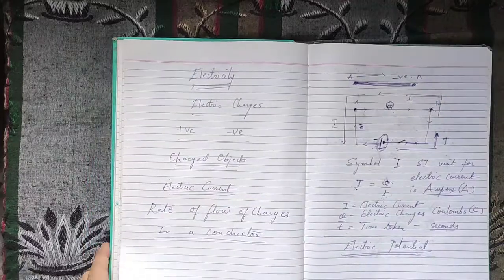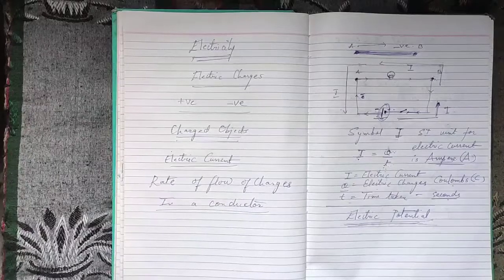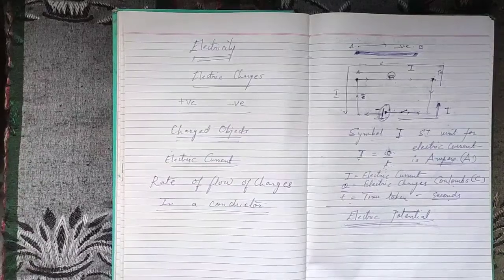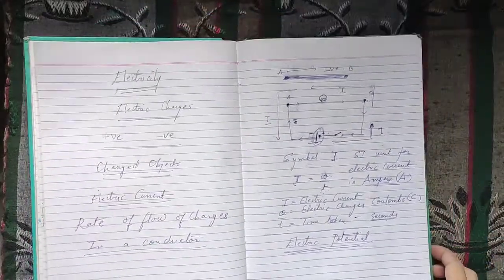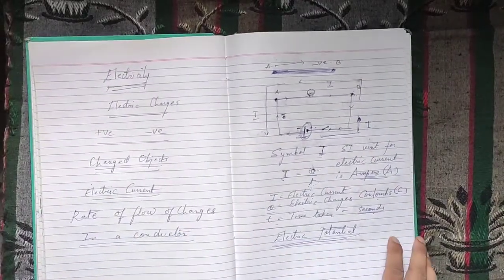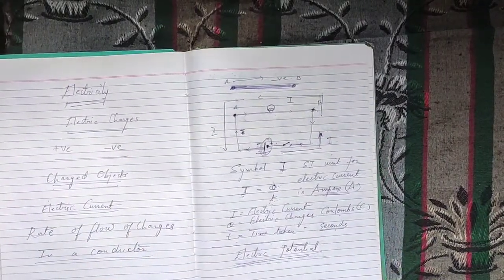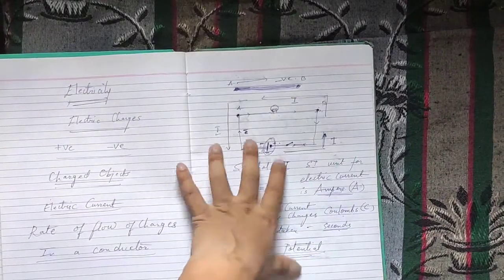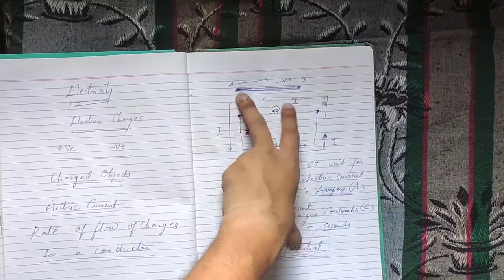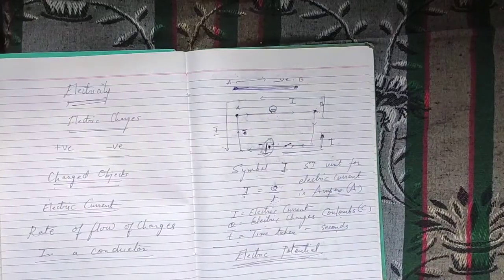And we talked about electric current. What is electric current? So these charges, when they flow in a conductor, it creates electric current. We studied about this in standard 8 in the previous classes, and now we are recalling all the topics that we studied. So when the charges flow in a conductor for a certain amount of time, it is known as electric current, or the rate of flow of charges in a conductor is called electric current. If a conductor, let's say a metal rod, we give the two ends A and B, and the charges move in this direction, then the current will flow in the opposite direction. This is what we had studied.